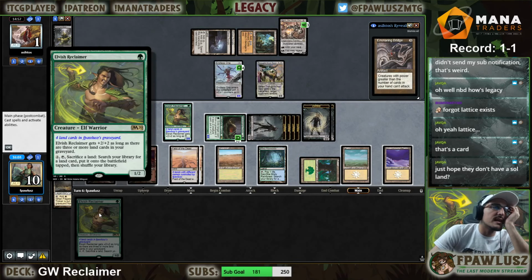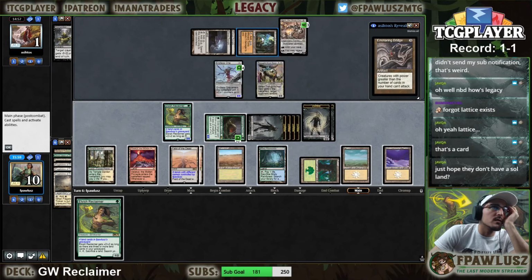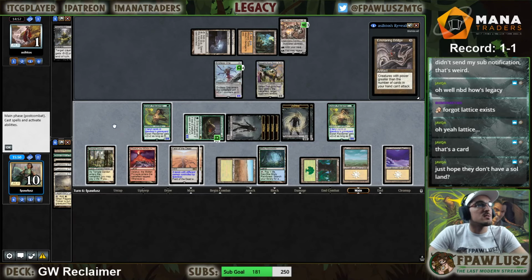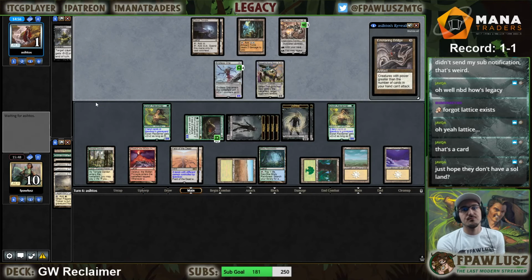Is there a reason to play this guy? So now the Ancient Tomb, they can't tap for mana. So that was probably a mistake from them, actually. That didn't seem like a great line. Now they're locked out of their own mana situation. I guess that means that I'm not scared of all this dust, so...